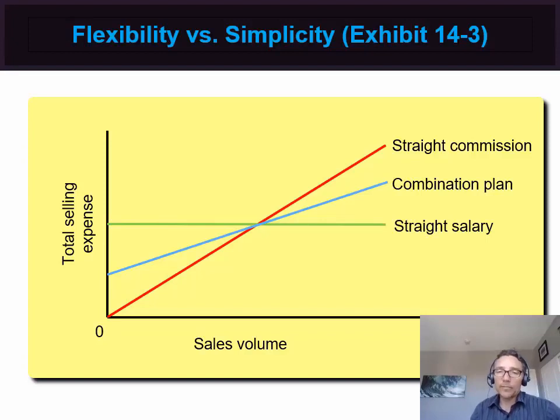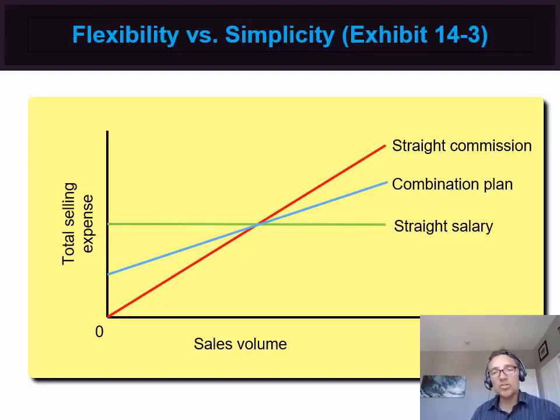Maybe you're selling bundled packages of cell phone plan minutes, and you have salespeople on the phone calling local businesses and they're just selling these bundled packages of minutes. And cell phone providers do this from time to time. Straight commission would make sense because there is no need for any after sales support. So if you have a lot of after sales support, then you'd probably want a straight salary.